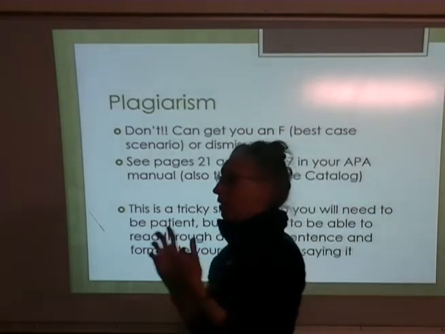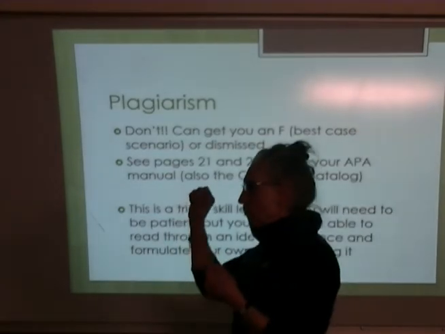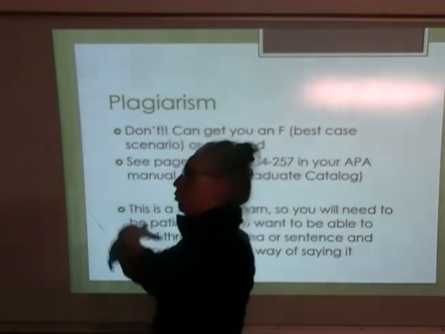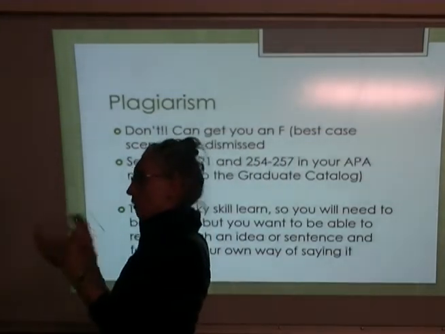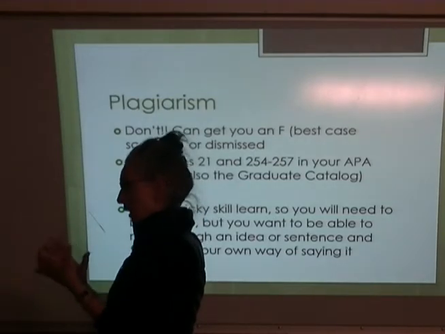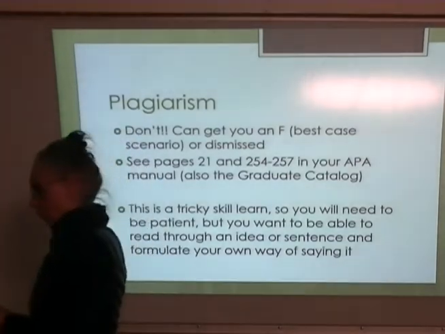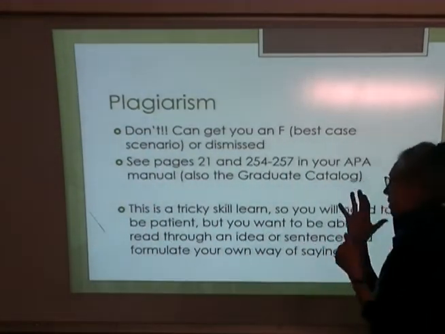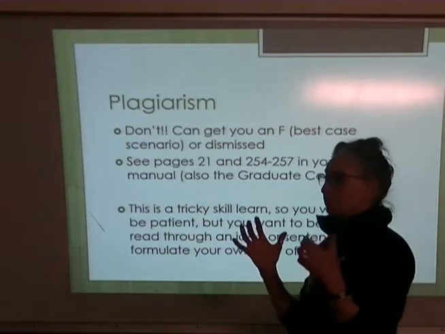We tend to think of the APA manual as just a formatting manual, and we forget that actually it's a writing manual, and there's a lot of really good information and tips in it about how to write more effectively. So I would recommend reading those two. So plagiarism